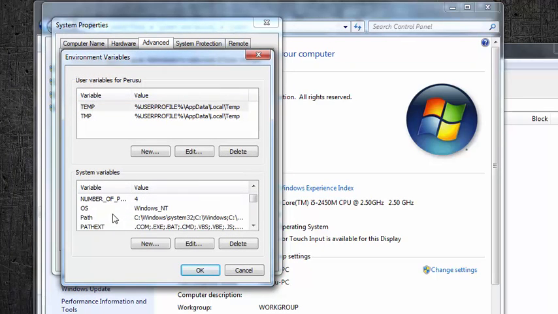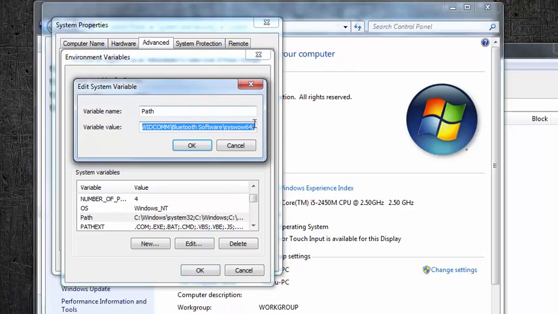Here go to path, this one, click edit. Now here there is a semicolon, so no need to put a semicolon, so paste the path, click OK.